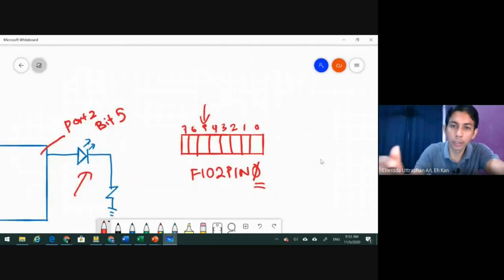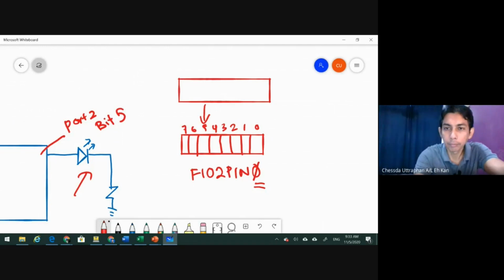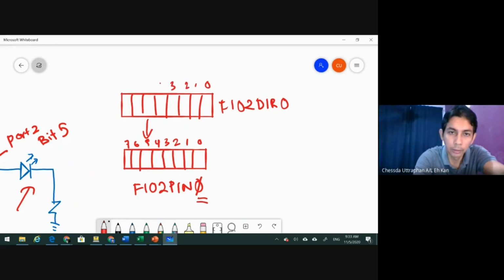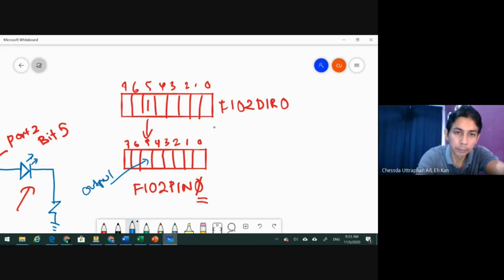All right. So to tell the microcontroller that this one is output, we need another register called FIO2DIR0. All right. So this register will have bits 0, 1, 2, 3, 4, 5, 6, 7. By putting 1 here, it means that this one is now output. But in our program, to make it easy, because bits 4, 3, 2, 1, 0, 6, and 7 are unused,